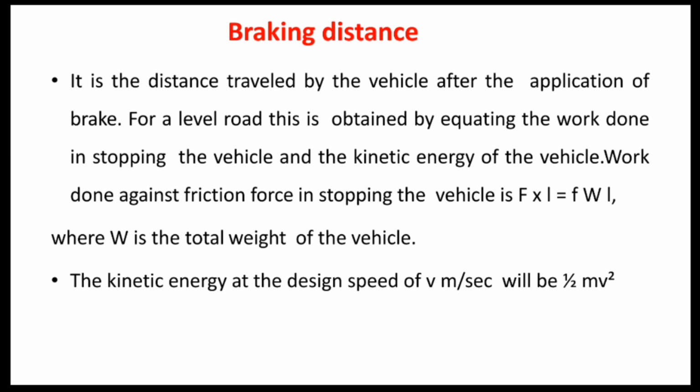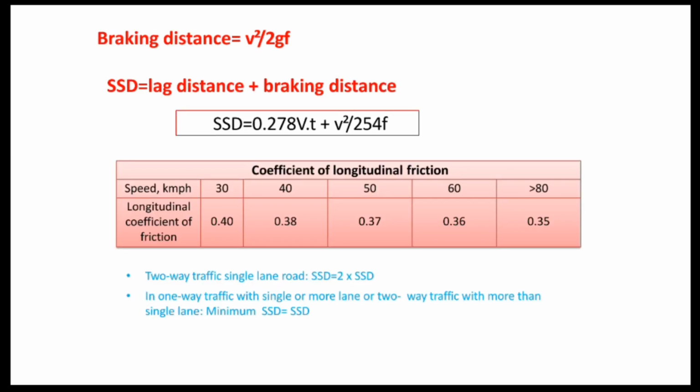For a level road, the braking distance is obtained by equating the work done in stopping the vehicle and the kinetic energy of the vehicle. The work done against the friction force in stopping the vehicle is given as F into L equals F W L, where W is the total weight of the vehicle, and the kinetic energy at the design speed of V in meters per second will be 1 half into m v square. Hence, braking distance can be calculated by the formula v square upon 2gf, where g is the acceleration due to gravity,